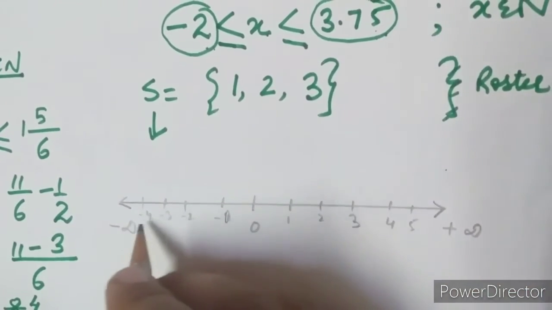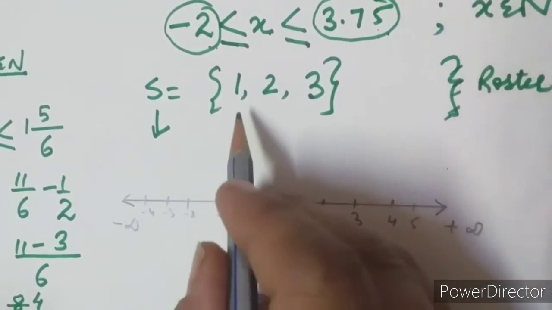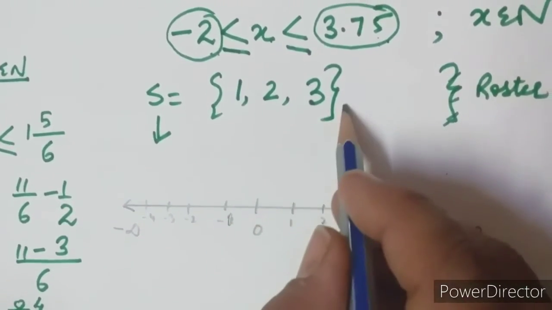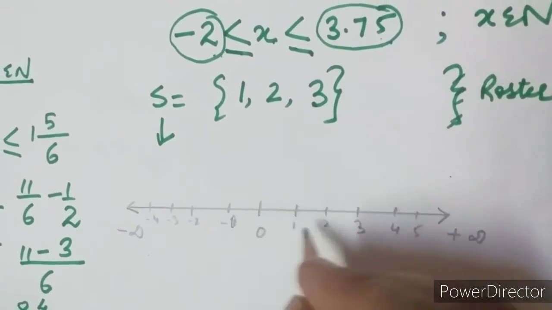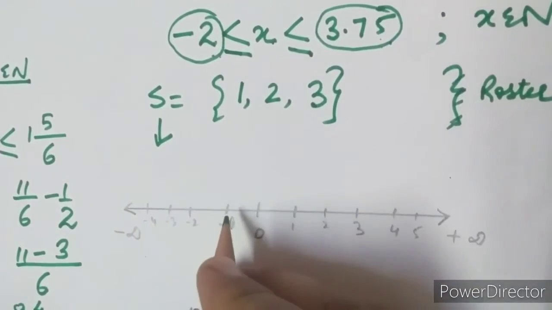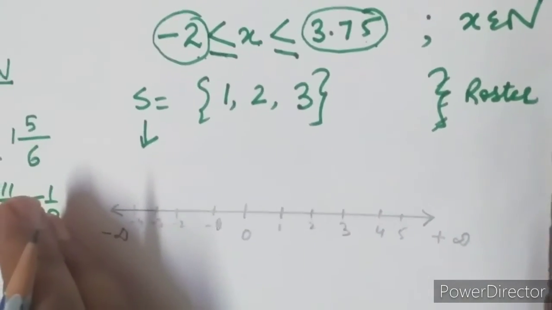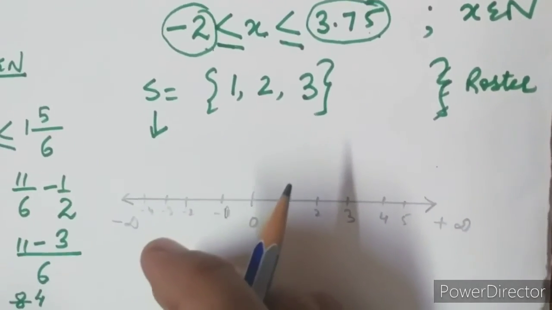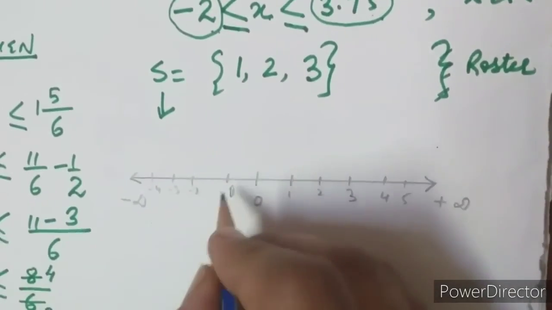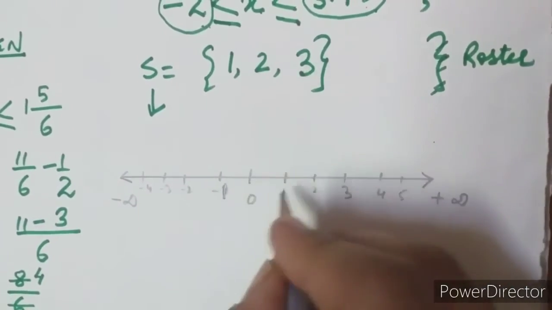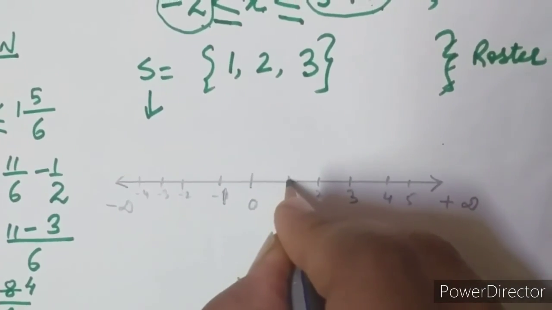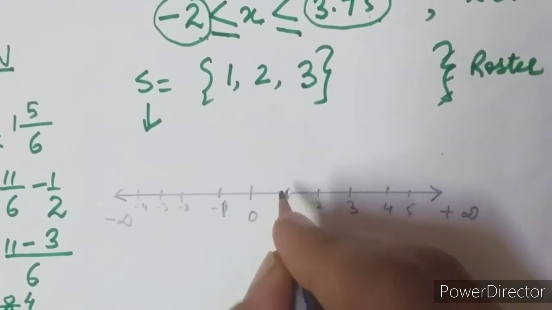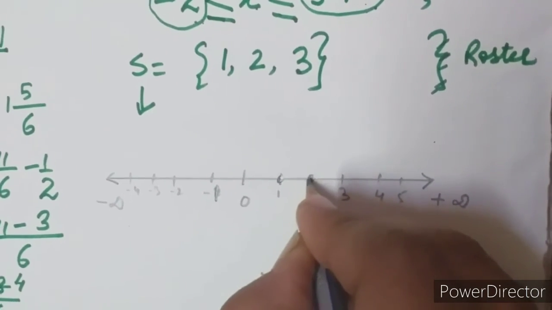Now, by drawing this much, we have to represent our solution set on it. Because these are natural numbers, only 1, 2, 3 we have to represent. So, where is 1? Because they are natural numbers, we have nothing to do with the negative side. We need to only see the positive side of numbers. So the positive side is 1, 2, 3. 1 is here, so on 1, I will simply make it dark like this. Then there is 2 here, and there is 3 here.